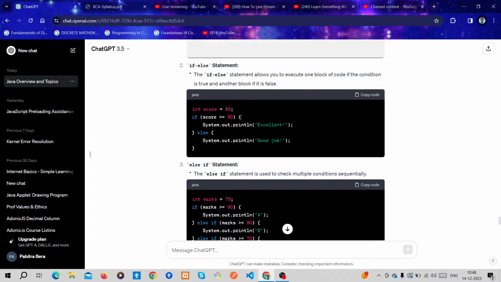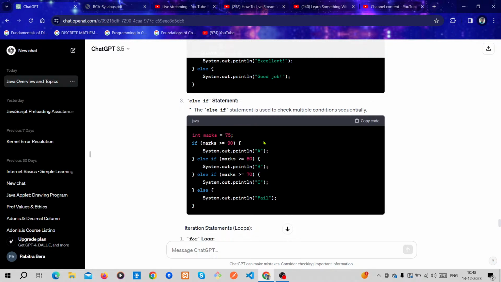No, the score is 85, so the condition is false. So the statement under the if condition, "excellent", is not printed, but instead the else statement is printed, which is "good job".